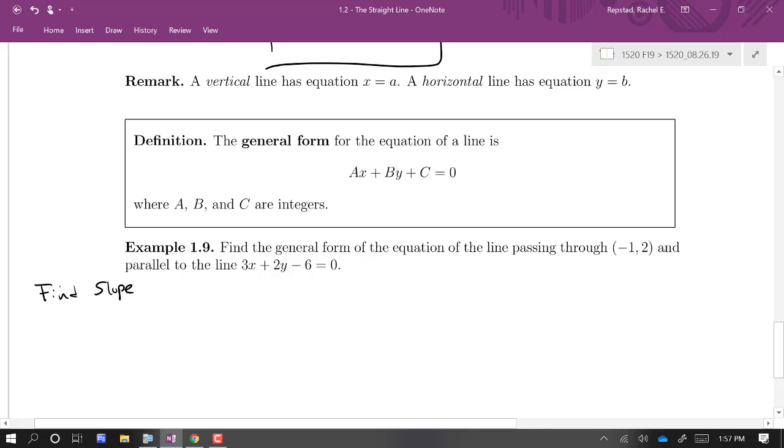Well, you set y, get y equals. Yeah, so if I solve it for y, I don't even need any points. Because if I solve it for y, hopefully that means I'll have it in mx plus b, slope-intercept form, and that slope will be just ripe for the picking. So